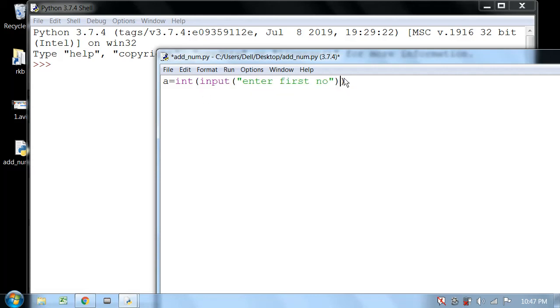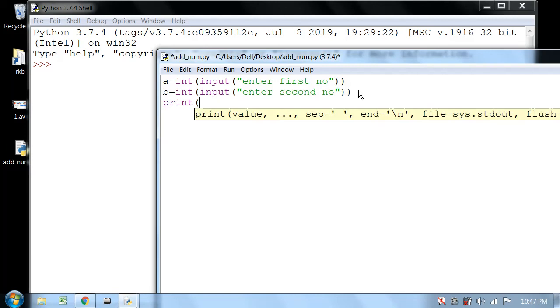And first I will close the input function, then I will close the int function. Since we are going to add two numbers, I will copy paste the same code, and I will change the variable name here to b, and I will also change the message to enter second number. And finally I will print the value, print the result